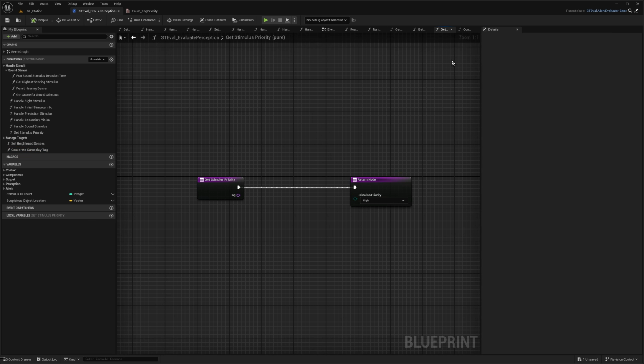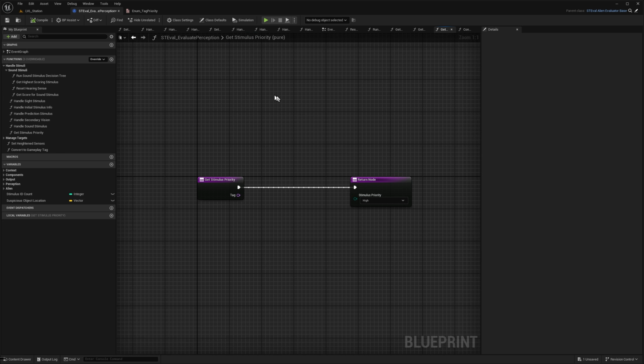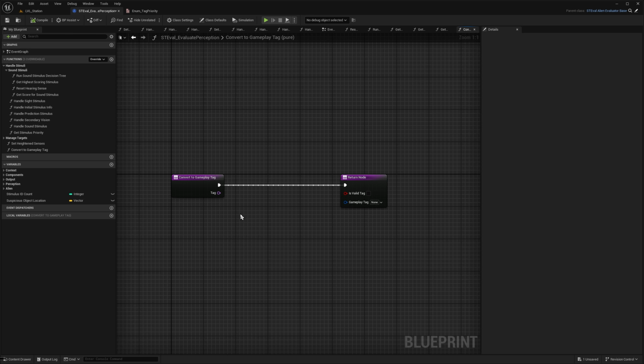So we've got two new pure functions now that we need to build out. We'll build out the convert to gameplay tag function first, because our get stimulus priority function will depend on that. So now what we need to do is create a data table for our gameplay tags, but